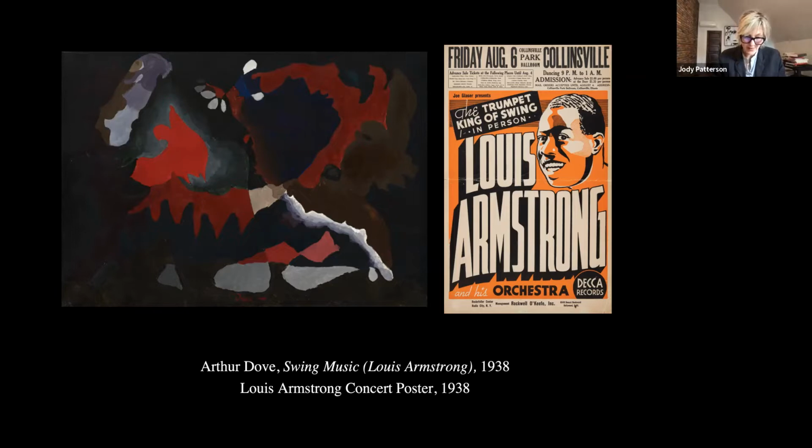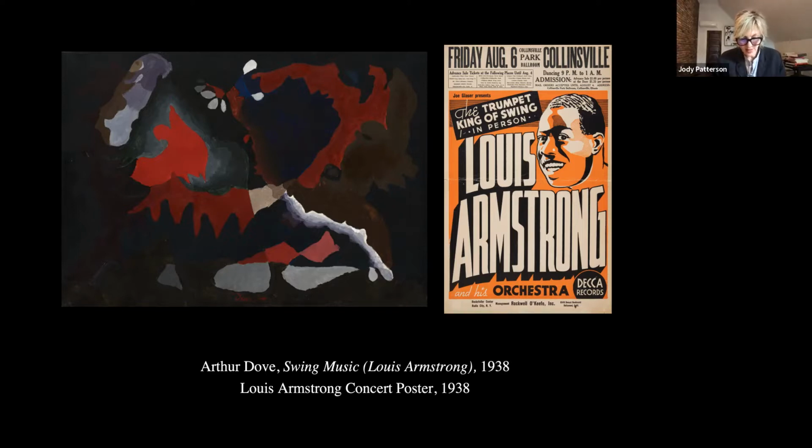For example, in his abstract paintings of the late 30s, Arthur Dove sought to establish a uniquely American style of abstract art by emulating the music of the swing soloist. He often listened to jazz in his studio and experimented with line, color, and form to reflect the innovative rhythms of the swing musician. In the one we're looking at here, Swing Music, subtitled Louis Armstrong, Dove provides an abstract